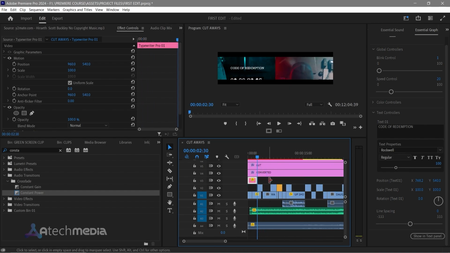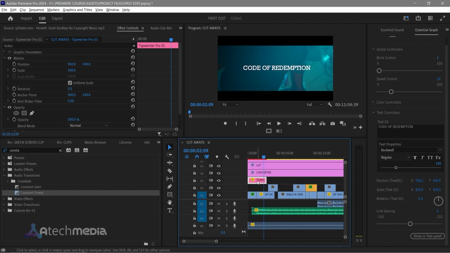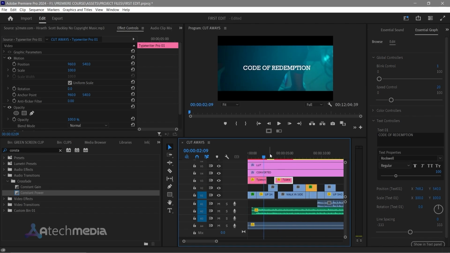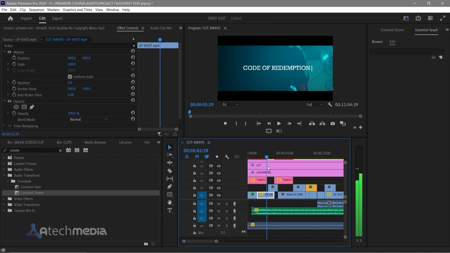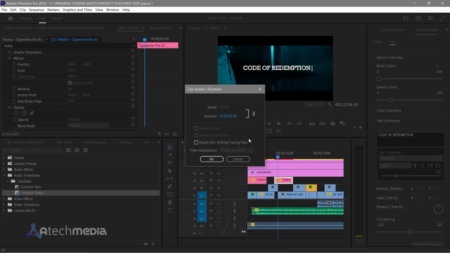So there's one trick I want to show you. So I can duplicate this. When I duplicate it, I want it to reverse. What is reverse? Let me show you what is reverse. Right click on the clip, click on speed and duration, then click on